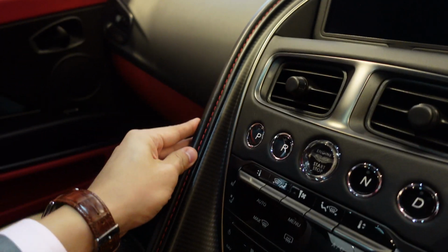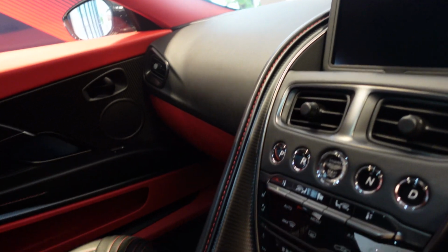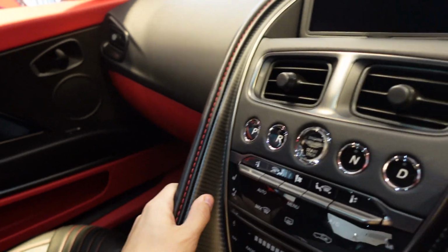Everything in this car over here is quality. Everything you touch is quality. The little bits of aluminium here. This one is with the luxury pack. Okay, so you have the stitching that goes like this, up over here. But everything feels so